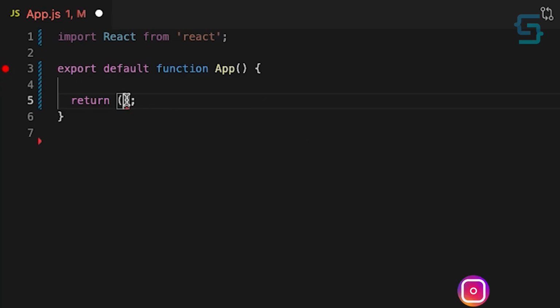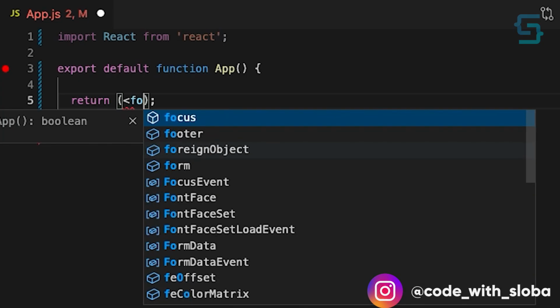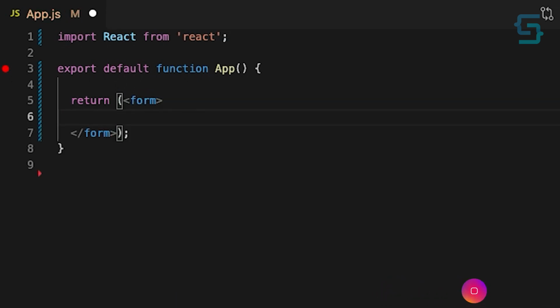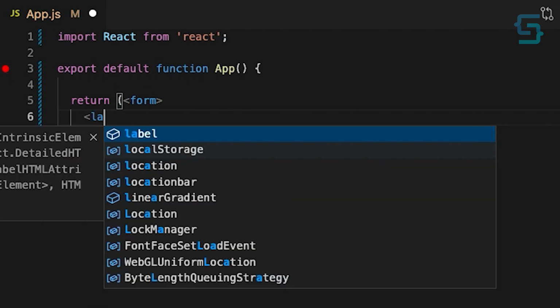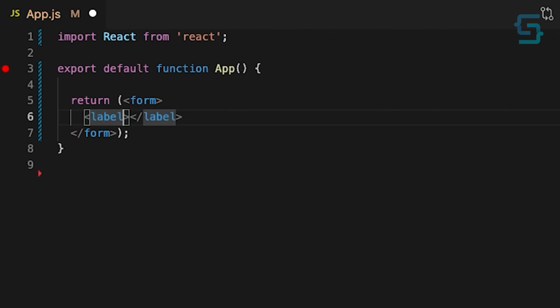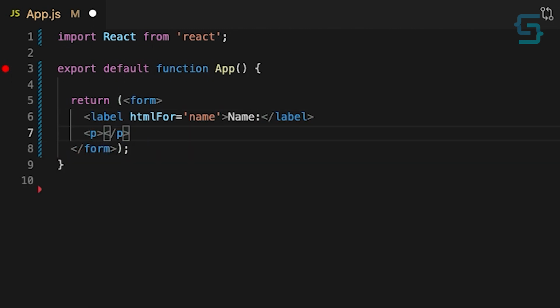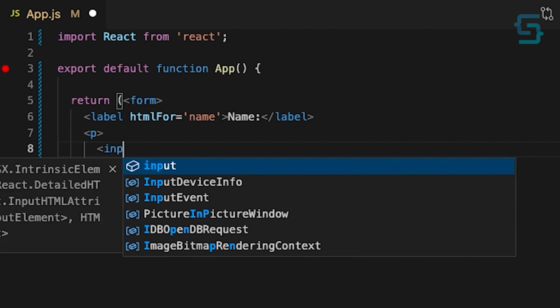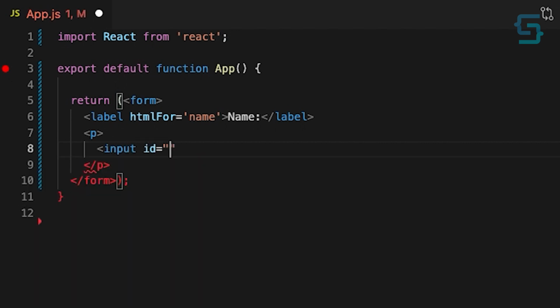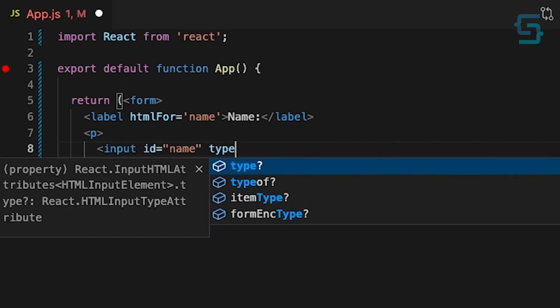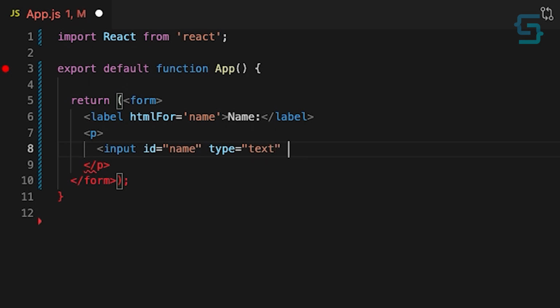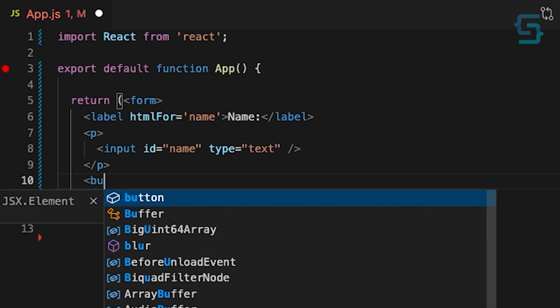First, let's build a controlled component. In the app component, add a form. And inside of this form, I want to create a simple form with a name input and a submit button. So add a label with htmlFor attribute set to name and name text. Below that, add an input with ID of name and type of text. On the bottom, add a button with type of submit